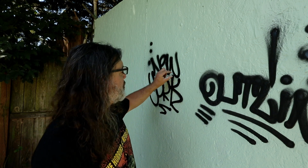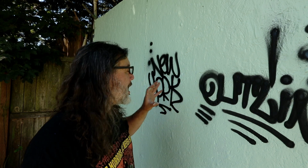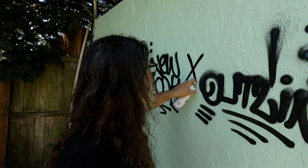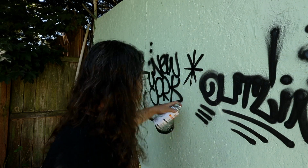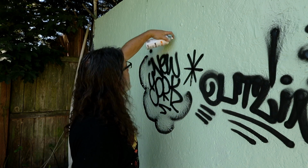All right, so that's the New York outline. So as you can see, you're gonna get a little bit of a smaller spray, but it's not significantly much smaller because these cans have just such low pressure coming out of them. But you will be able to get that detail work you're looking for. Very nice, clean cap. If you're using these dollar cans, you're gonna really enjoy using it. You can get the little fades if you wanna fade around your stuff,